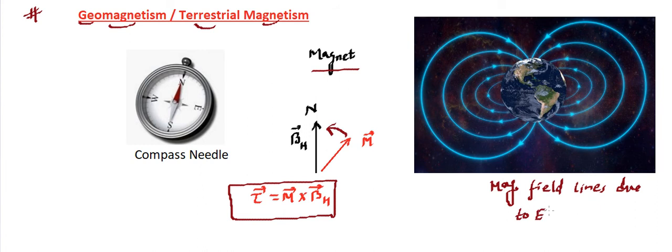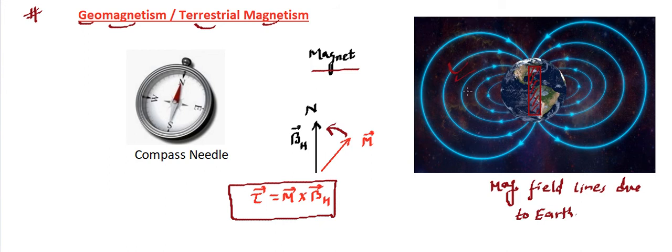If you remember the last lecture, you can think of these field lines as very similar to the one we talked about called the bar magnet. So basically, this Earth behaves like a bar magnet. The old school of thought assumed that Earth has a bar magnet fitted inside it. Inside Earth, there is a bar magnet that has been trapped, and because of that bar magnet, these field lines are coming.